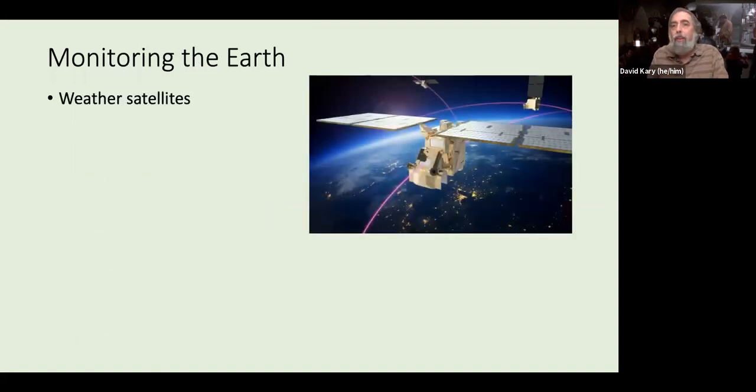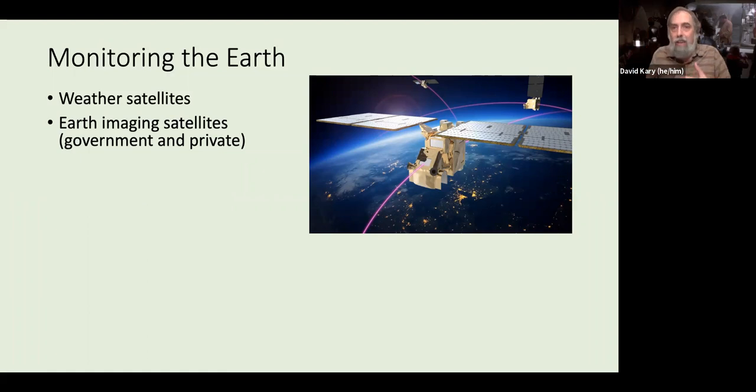We are also monitoring the Earth, and when you stop and think about how many different ways we are monitoring the Earth, it's a lot. We have weather satellites, some that watch continuously, some that look at specific parts of the globe, some that look at the long term, some the short term, in all different wave bands. We have a number of Earth imaging satellites that are just taking pictures, looking down on the Earth from space, both government and private. There are at least a dozen different private companies now running Earth observing systems. There are, of course, all those spy satellites, and a lot of governments have those. And there's even a whole set of